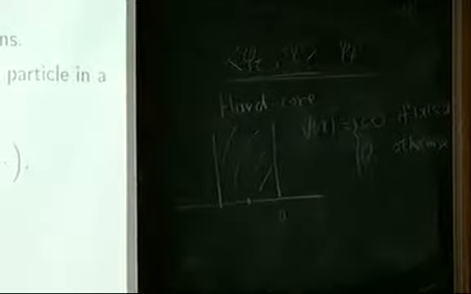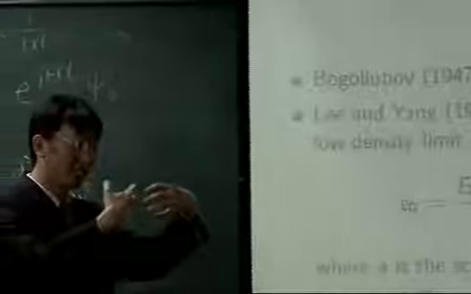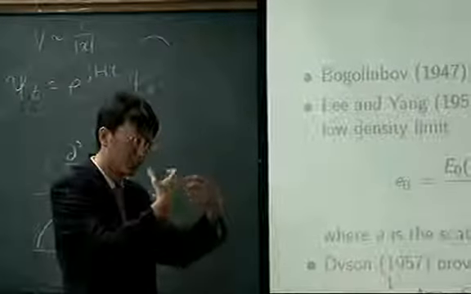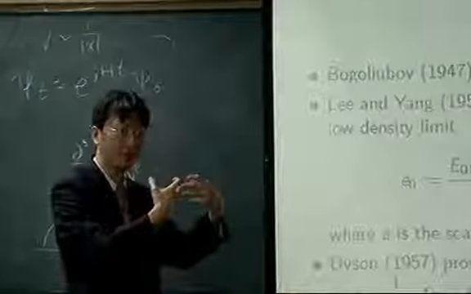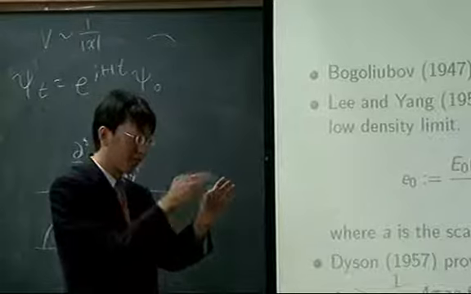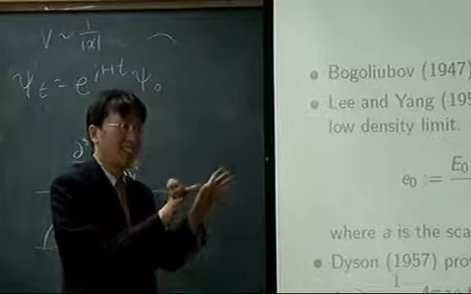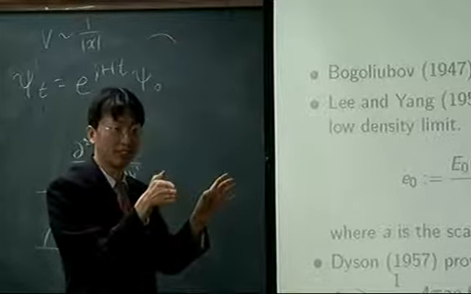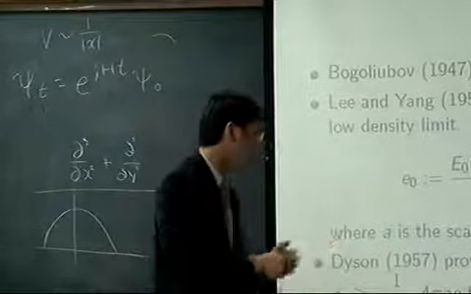That means you have a kind of ball, like billiard. So if you have two particles, then it has a certain volume, and two particles cannot be closer than some distance because each particle occupies a certain volume. And if the particles are separated by a distance which is longer than that distance, then they don't feel each other. So infinity or 0. In that case,